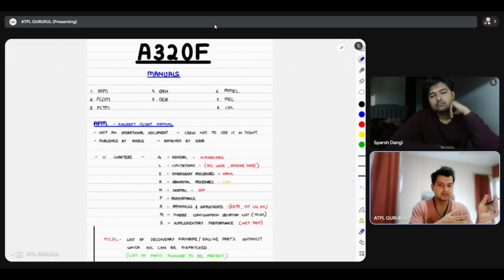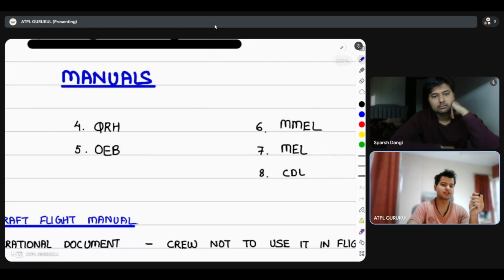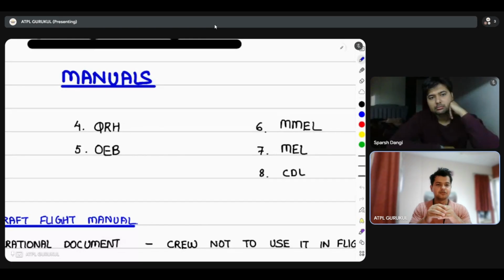We have 2 more manuals. In fact, we have a lot more manuals for this aircraft. We have the QRH. What is the QRH and what does it contain? The QRH basically contains all the checklists. Point number 1, this is something that you use in your everyday flying. Apart from that, it also contains some other checklists which are not a part of your ECAM,